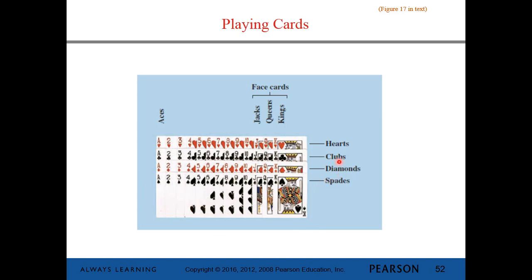So each suit has 13 cards. You have 9 number cards, 1 ace, and 3 face cards, which make up the 13 cards of each suit. And the 13 cards of each suit add up to the 52 cards in a standard deck. Oh, look at that. And we are on slide 52. Whoa! Anyway,